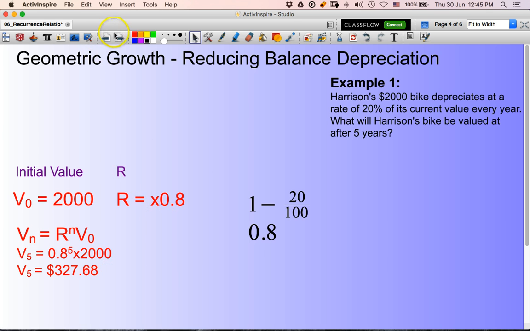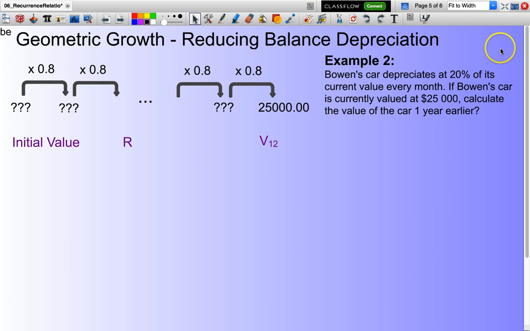Okay, we'll move on to Harrison's mate Bowen. Okay, example 2. Bowen's car depreciates at 20% of its current value every month. If Bowen's car is currently valued at $25,000, calculate the value of Bowen's car 1 year earlier. Now what this is really saying,